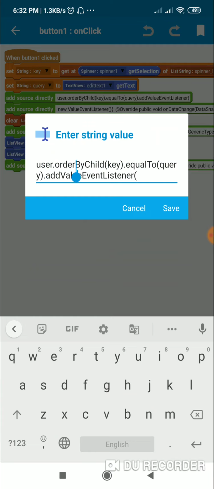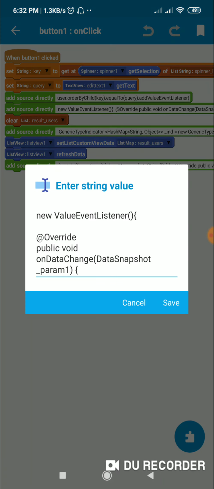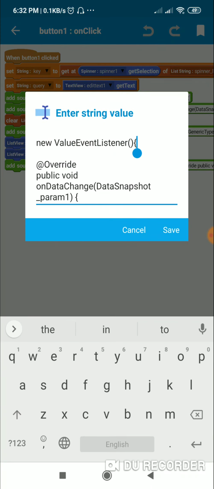To this I add the query order by child key. So this key can be either username or email, and it will find by that child dot equal to query. This query is the contents of edit text 1, and to this query I add value event listener, and this value event listener is a new value event listener which contains a method on data change with data snapshot _param1.